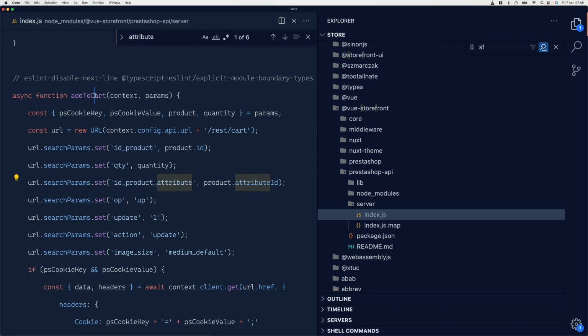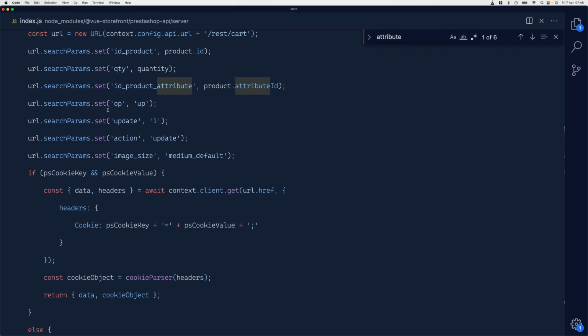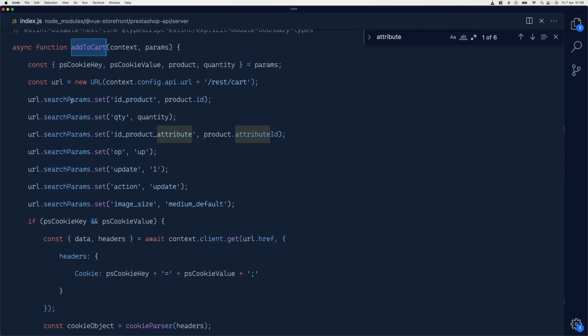Okay, add to cart. Let's see what's inside. So here, URL search param. Who is URL? Use context REST API slash cart. Okay, so this is going to be the full URL